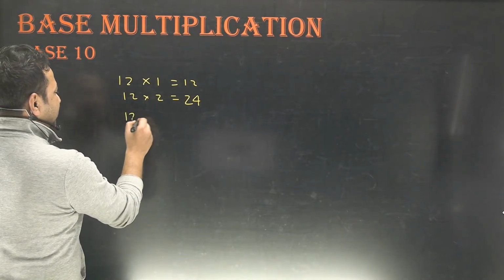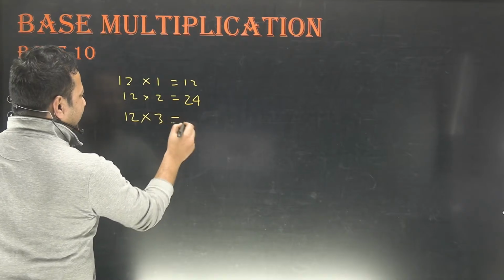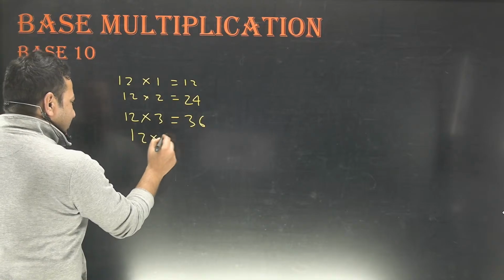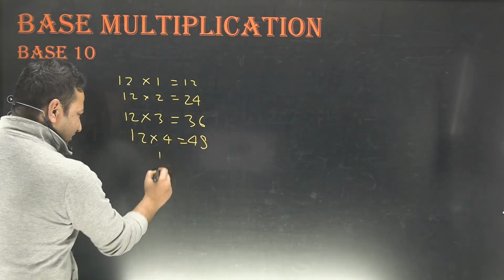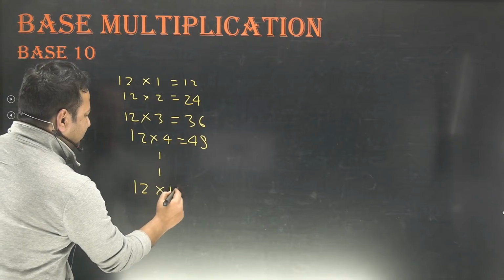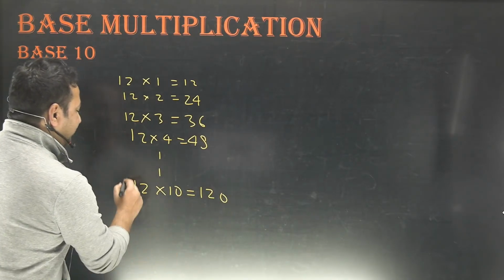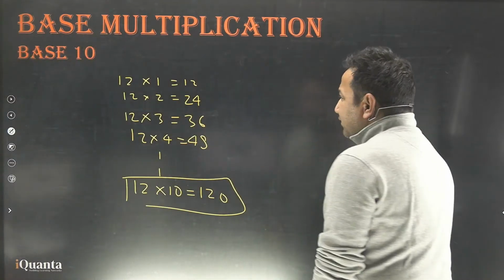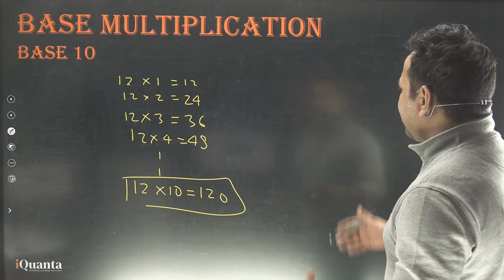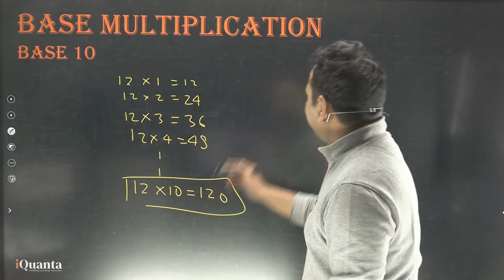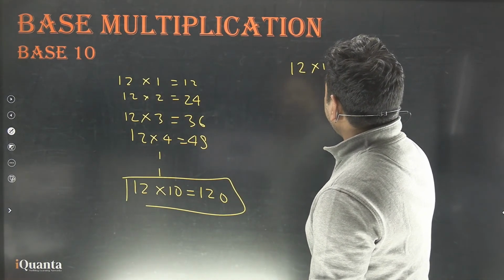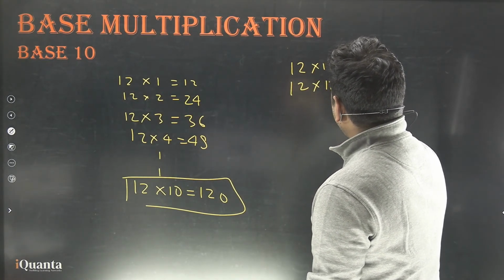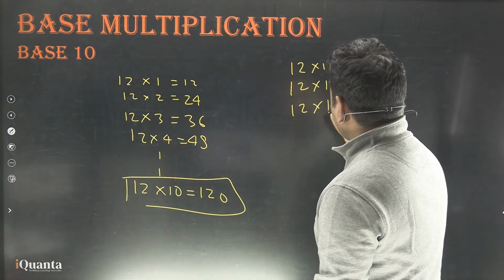Now, I was not that intelligent, so what I did was keep on writing the numbers. At one point, 12 into 10, and this is what all the schools expect us to do. But because I was writing the multiplication tables, it somehow occurred to me, what if I extend it? Then I wrote 12 into 11, it came out to 132. 12 into 12 came out to be 144. 12 into 13 came out to be 156.